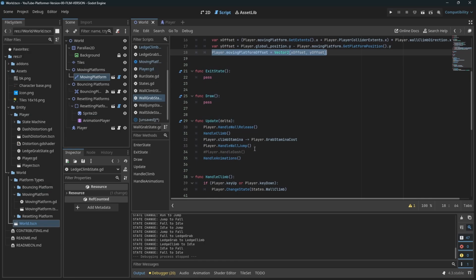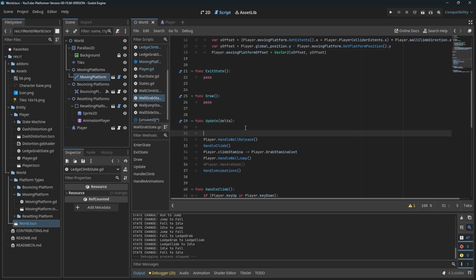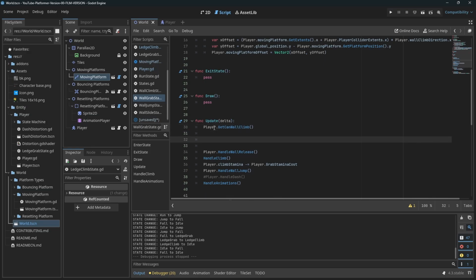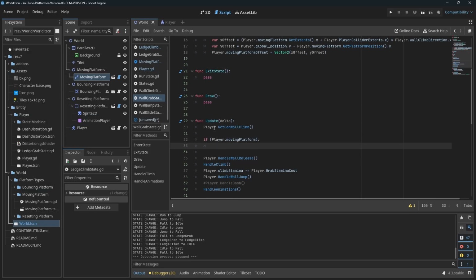Okay, so then in our update, we're going to add some code in right here. So first we're going to say player.get can wall climb, because we want to be updating those raycasts that we have. Now we're going to say if player.moving platform, so there is a moving platform, and if so, we're going to say player.global position